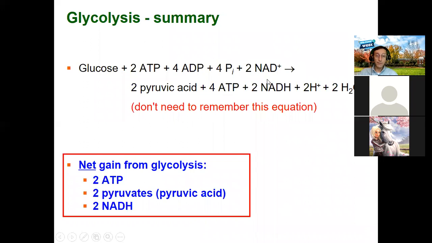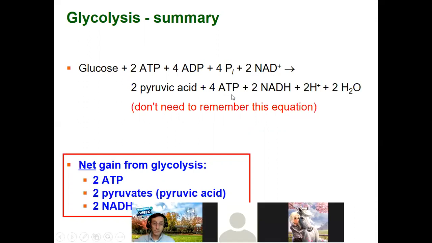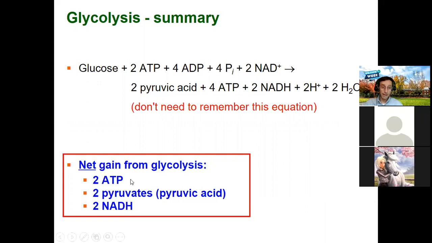For glycolysis, you do need to know the summary. 2 ATP enter the reaction. Of course, glucose enters the reaction. And 4 ATP come out. 2 pyruvic acids come out. And 2 NADH come out. So the net gain of glycolysis is 2 ATP, 2 pyruvic acids,